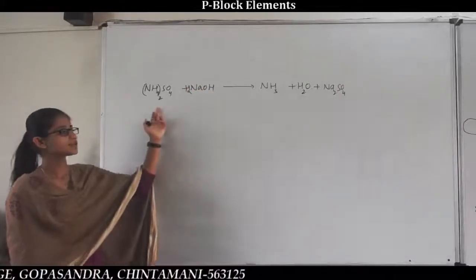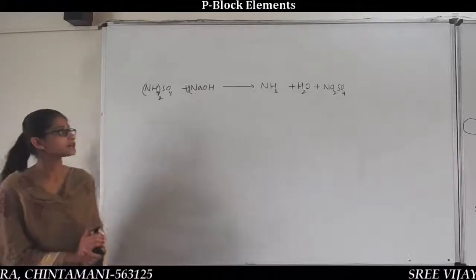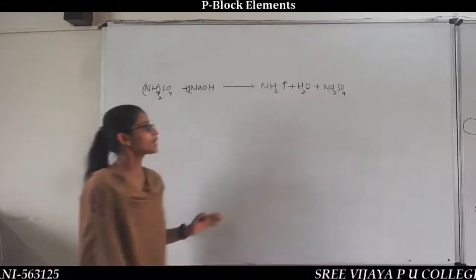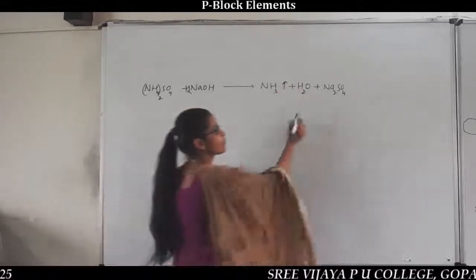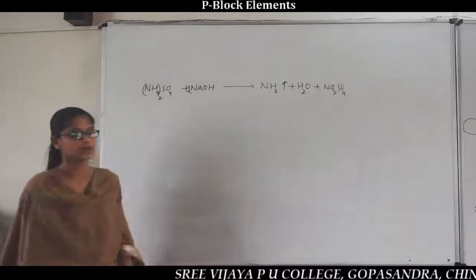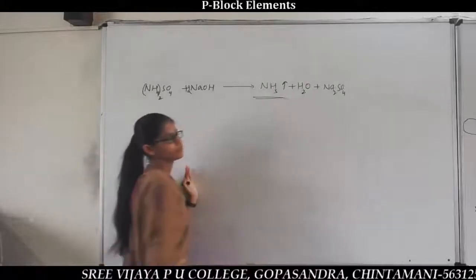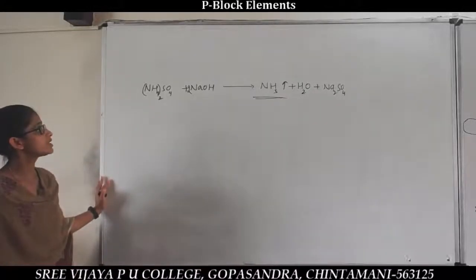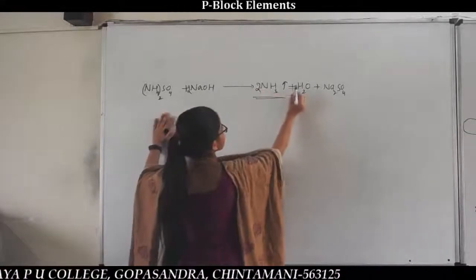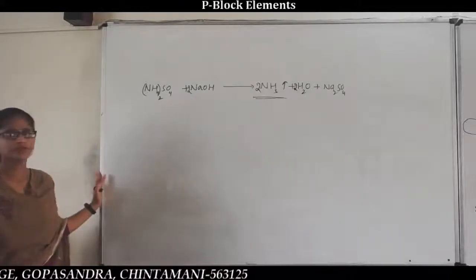Now we have taken ammonium sulfate, a salt of ammonia, and treated it with sodium hydroxide. It gives ammonia gas, with the elimination of water molecules and the formation of sodium sulfate as a byproduct. With two molecules of sodium hydroxide, two molecules of ammonia form and two molecules of water are eliminated. This is one method for the preparation of ammonia.